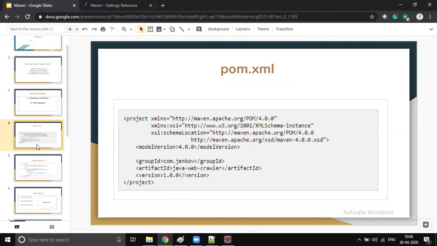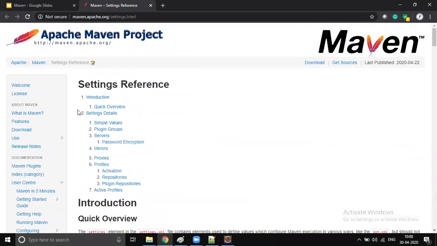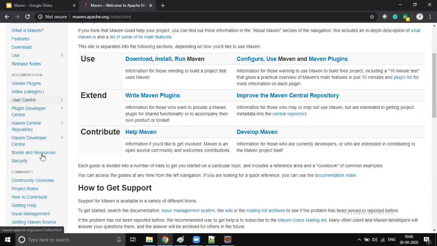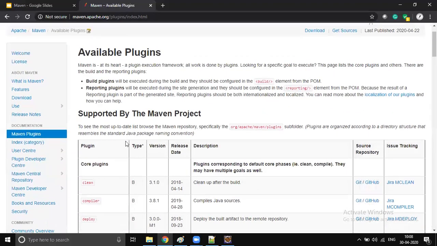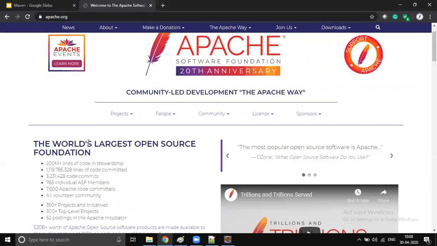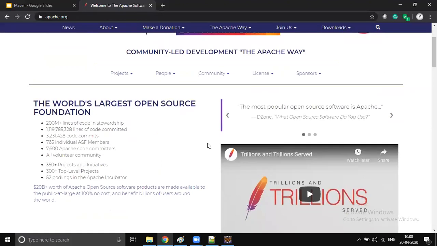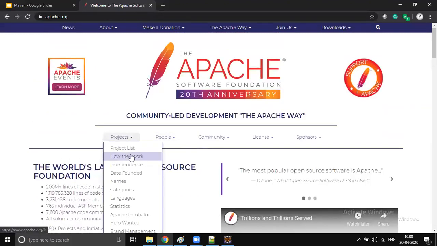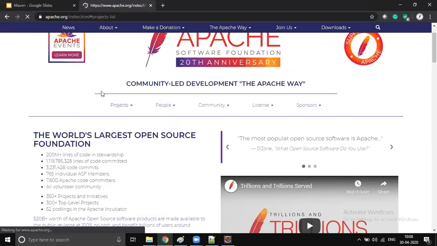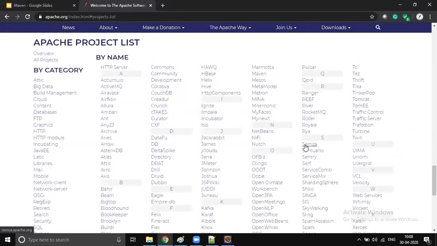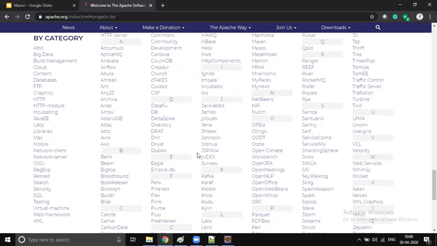But on top of that, if you want to build more knowledge on Maven, I recommend you go through the Maven documentation. It's like a kind of master. It's from Apache. Just as we have Maven, similarly we also have Gradle. They have so many projects, and Maven is just one of them. See, these people have this many projects.